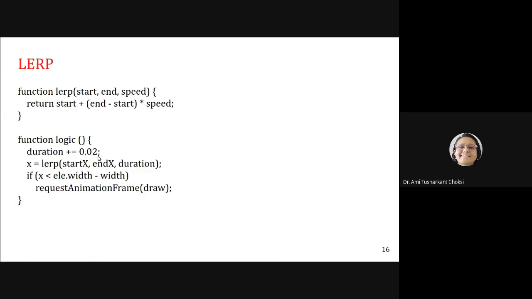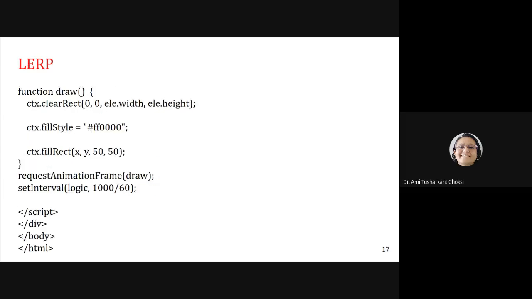Now whatever is getting increased, for that we are calling the draw function, right? So whatever is there in the draw function, what is there? That is clear rectangle, then we are setting the fill style, then after we are filling the rectangle, fine? So for the new position we'll be able to see the rectangle again and again. It is getting cleared. So what effect we get is, it is animated, right?